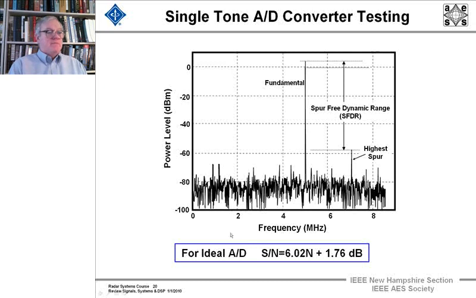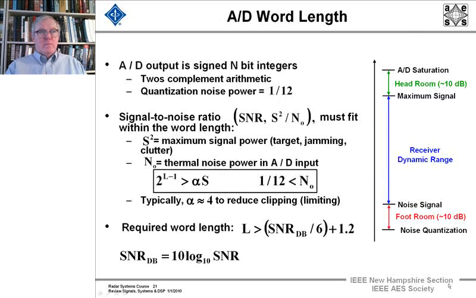Okay? Now, for an ideal AtoD converter, the signal to noise that we can linearly work over is 6.02 times n plus 1.76 dB, where n is the number of bits in the AtoD converter. And now on to the AtoD word length, and to let you know how many words you need for a given